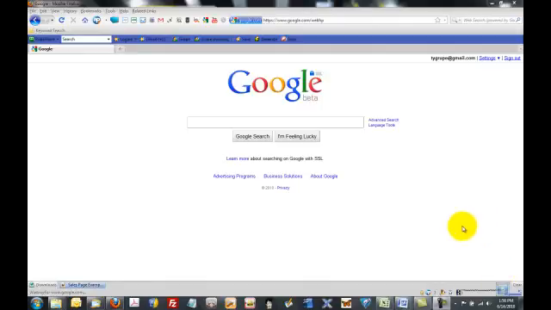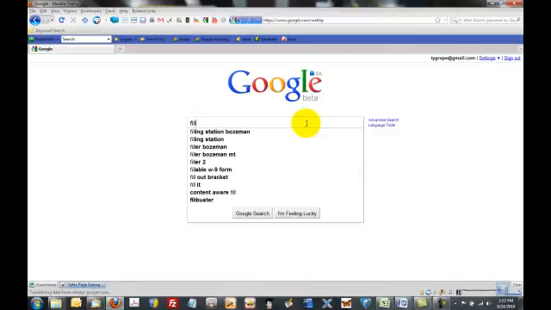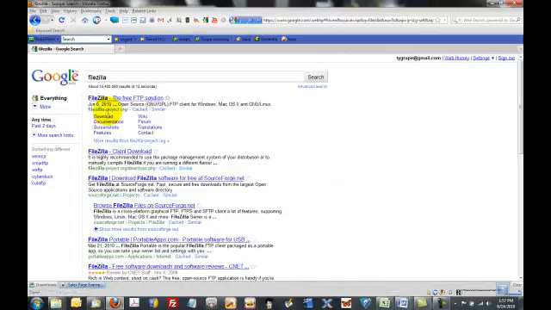Okay, in this tutorial we're going to show you how to set up Filezilla, which is an FTP program, which stands for File Transfer Protocol. It's a free software that you need to log into your hosting account. The one I like to use is called Filezilla. Again, it's a free program. Just type in Filezilla, go to Google, you can find it under the download section,